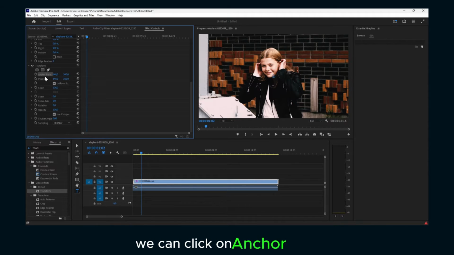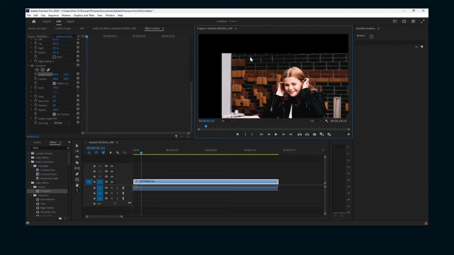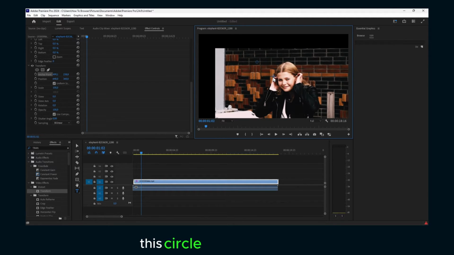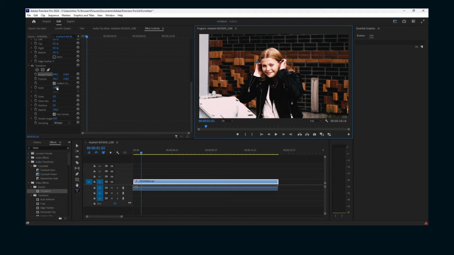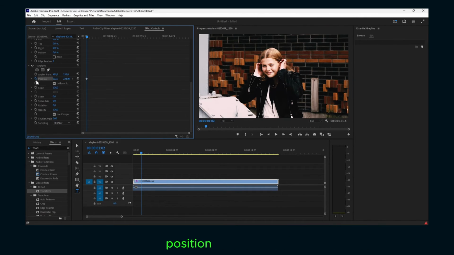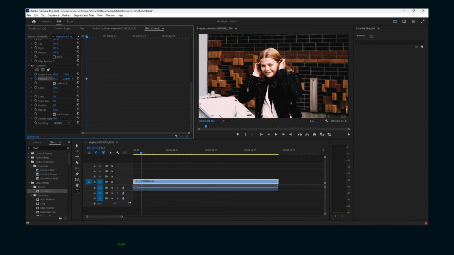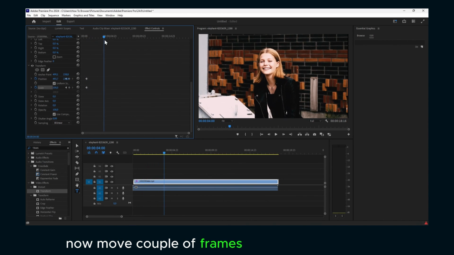we can click on anchor point, and this is what you should see, this circle. I'll move this here, and then I'll just add the keyframe right over here, position for position. All right, and then also keyframe for scale. Now I'll move a couple of frames, and then I will zoom